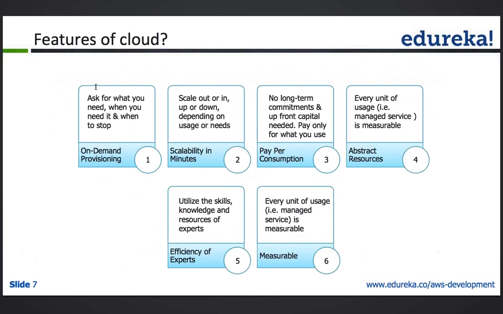All right. The third point is there's no long-term commitment and no upfront capital, right? So first of all, when you buy hardware in a traditional procurement cycle, the hardware is yours forever, right? So you tend to pay a lot of money. It's essentially a permanent long-term commitment to the hardware, right? And for all those years of use, all the money is paid upfront, right? So it's typically a rack server or a high-end server would cost lakhs of rupees, and you would pay all of that upfront,